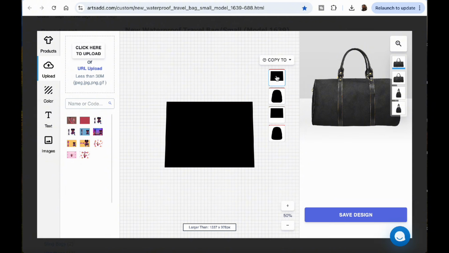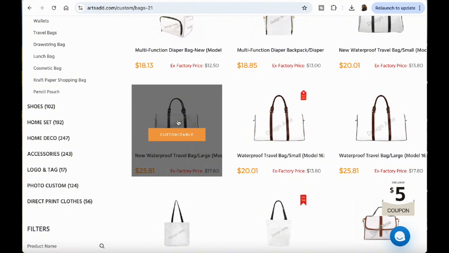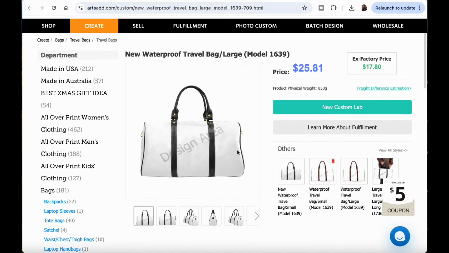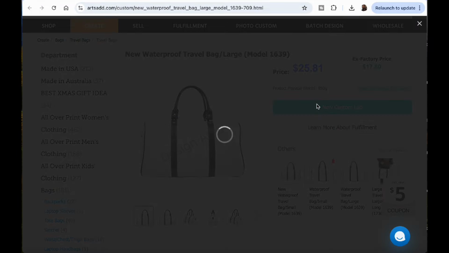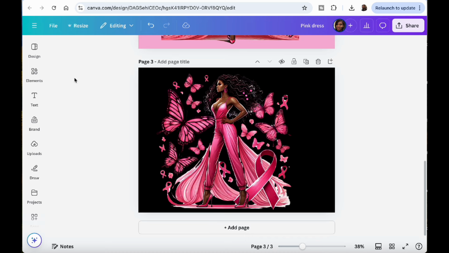But right here we want to create this design. Looks like I must have clicked on this black. Let's see, we want a smaller one. Let's see, is this larger? I'm not sure. I'm sorry guys, I'm trying to see here. Okay, let's see, that's still not bad. 17. We click here. Yes, okay, here we go. You see this down here, it tells you the size. So you're gonna go back to Canva, you're gonna put in that size,